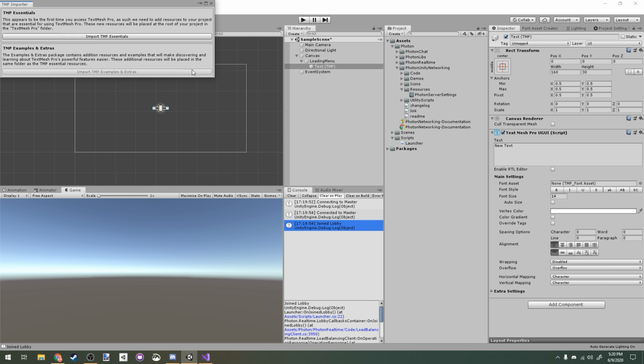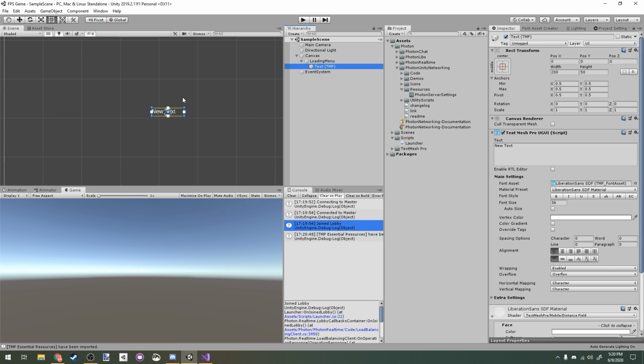So I'm going to make a new text element here with Text Mesh Pro. Text Mesh Pro is just a better version of Unity's default text, and I use it for all my UI. It's easier to use, you can add effects to it and stuff. It's really nice, and it comes built into Unity. All I have to do is create a Text Mesh Pro asset to start the import. So I'm going to say loading,